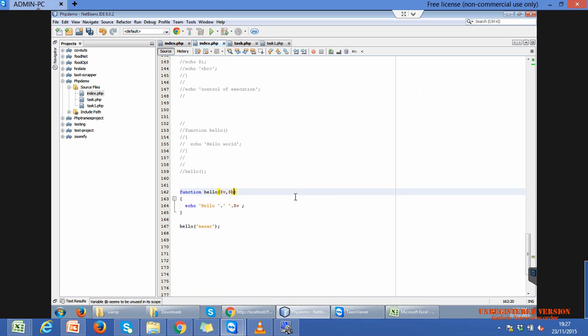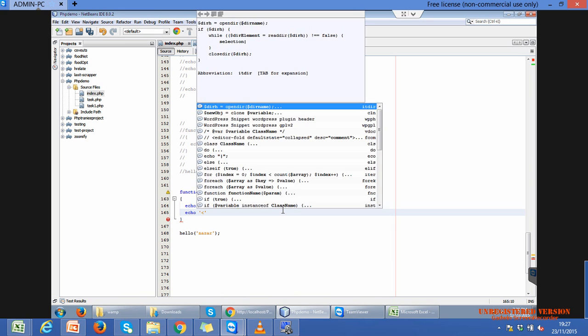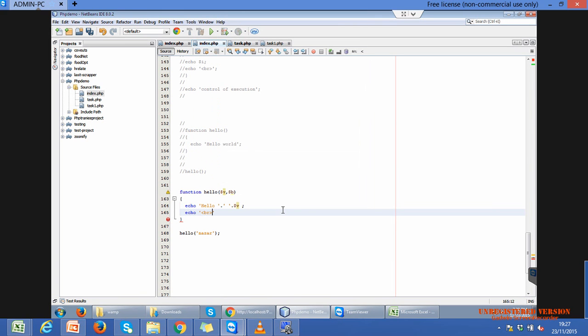Another argument like $b. This function just sorts our array in ascending order. Okay, got it? Just echoing a br tag for proper display. Now echoing the second argument, $b. Same as the array sort, $b is also a user defined variable, and we assign our values in descending order. So if we call our function,